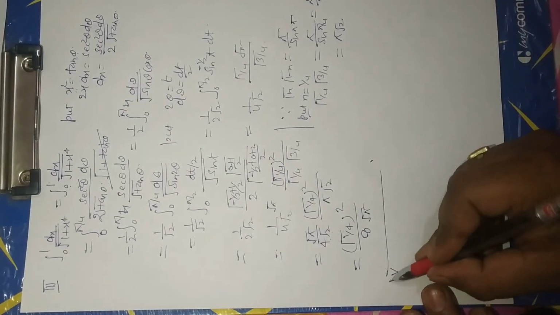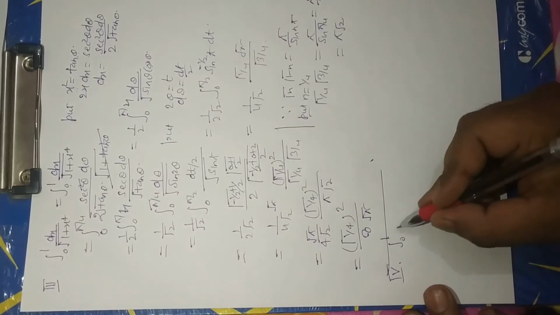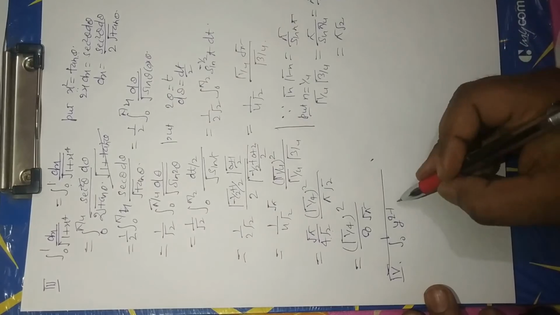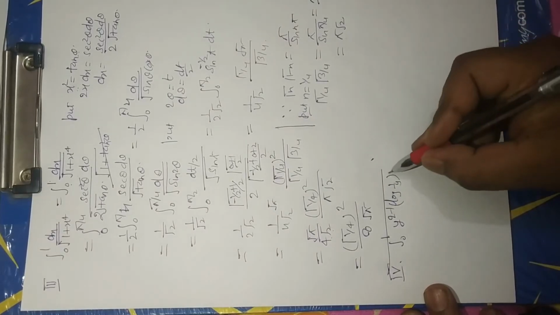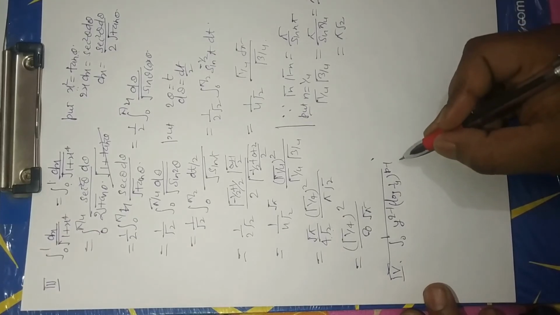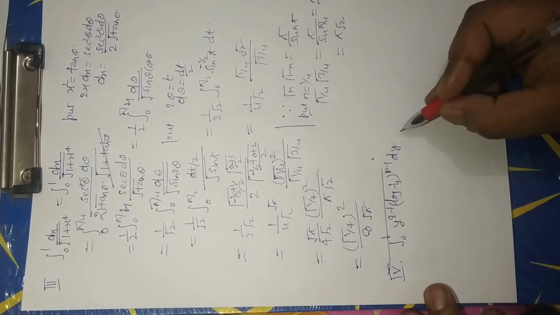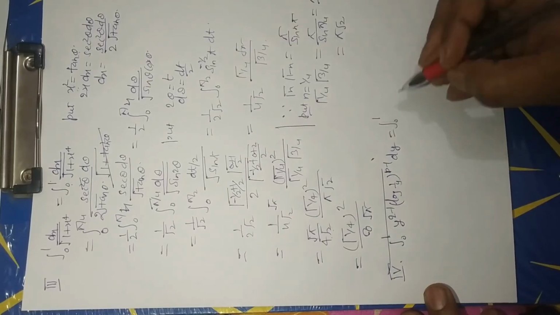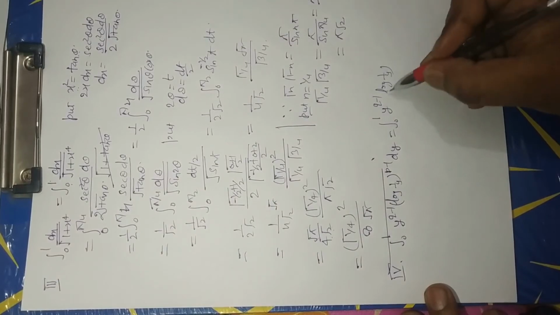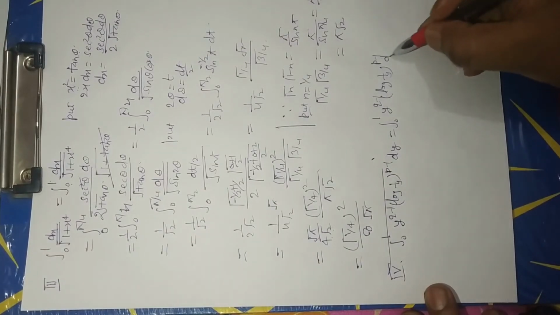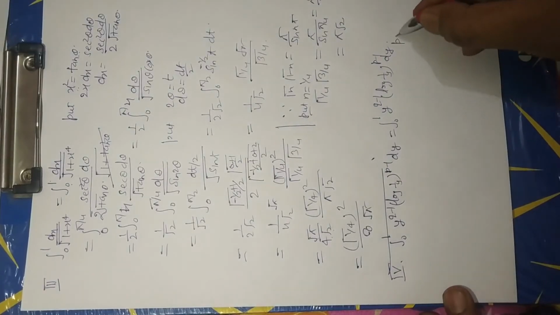Now fourth part: integral limit 0 to 1, y to the power q minus 1, log 1 upon y whole power p minus 1, dy. This is equal to integral limit 0 to 1, y to the power q minus 1, log 1 upon y whole power p minus 1, dy. Now put